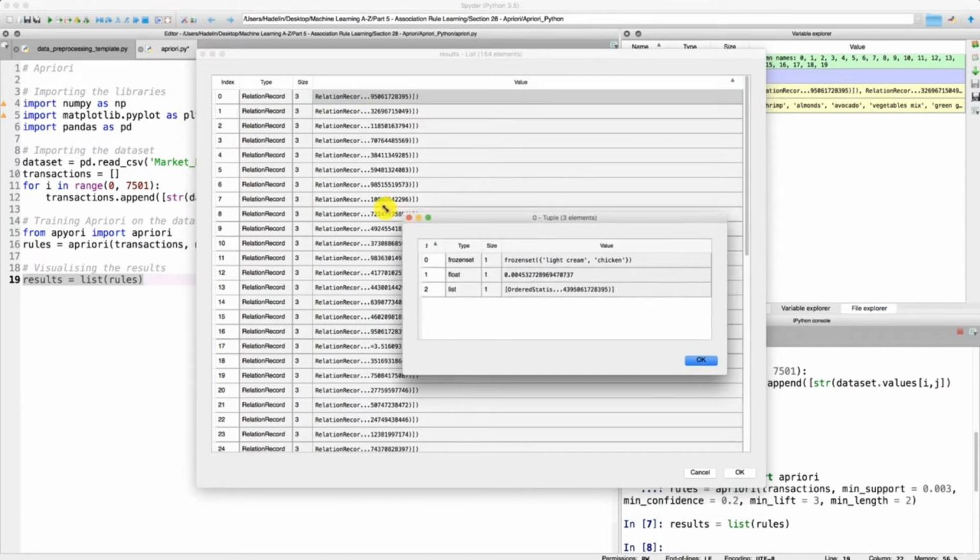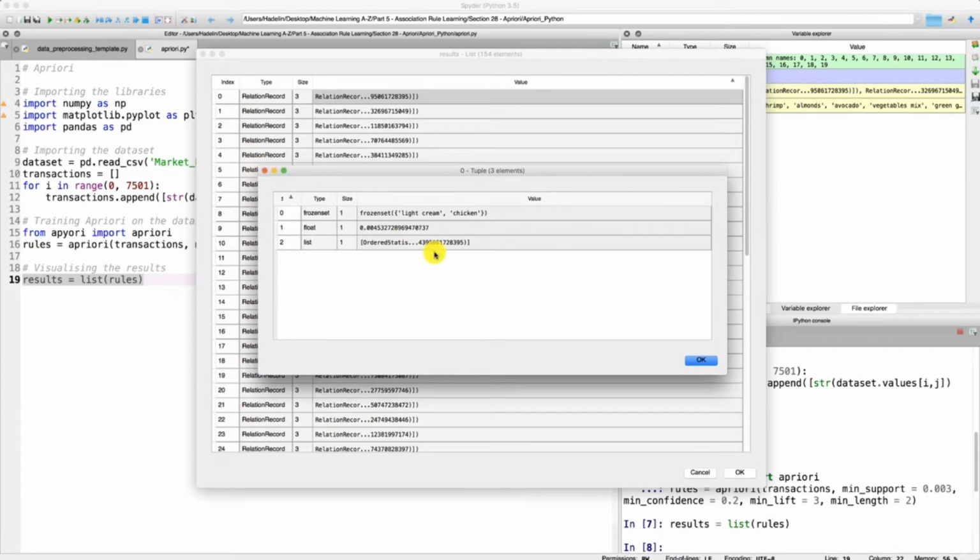All right, and then we get another table with a tuple, and we can already see the top relevant rule. It's the association rule between light cream and chicken. That is, people who bought light cream also bought chicken. And actually that kind of makes sense. People who buy some light cream pay attention to what they eat, and if people pay attention to what they eat, then they would rather put their light cream on chicken, which is poultry, rather than beef, which is red